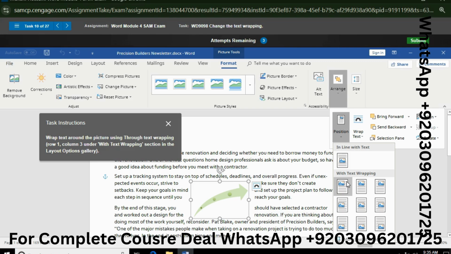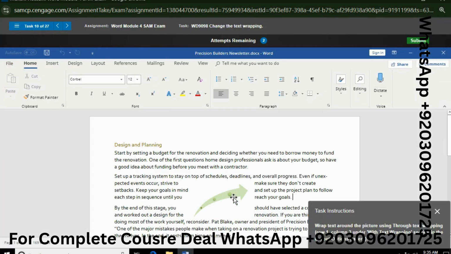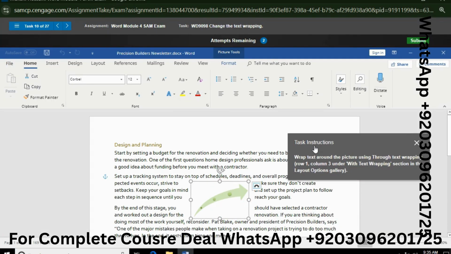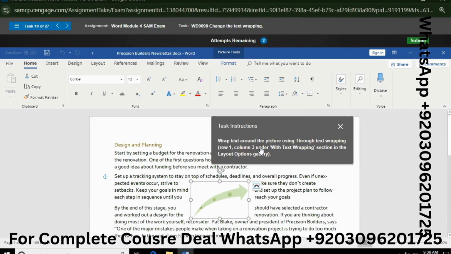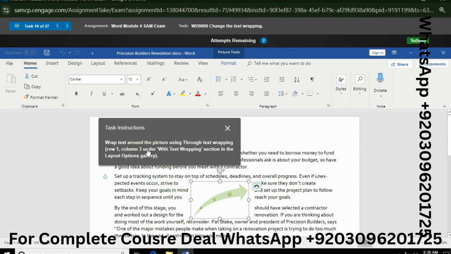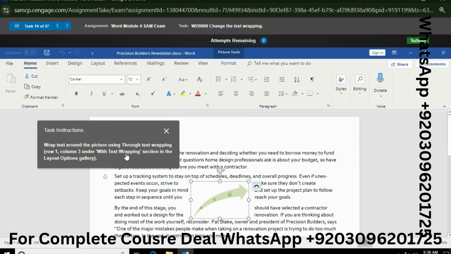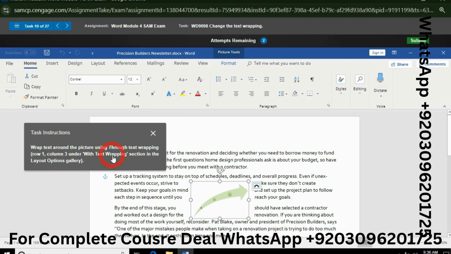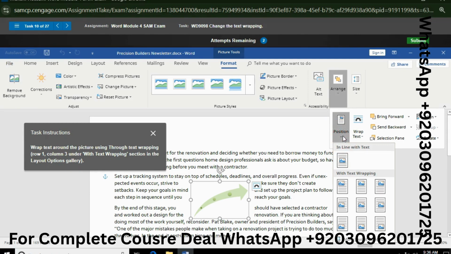Wrapping row 1 third column. This answer is wrong. Retry this task. Select the picture. Go to format, arrange, position.